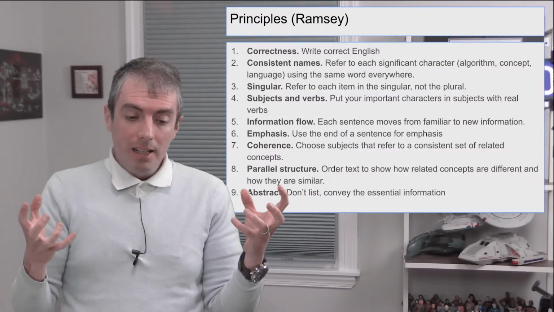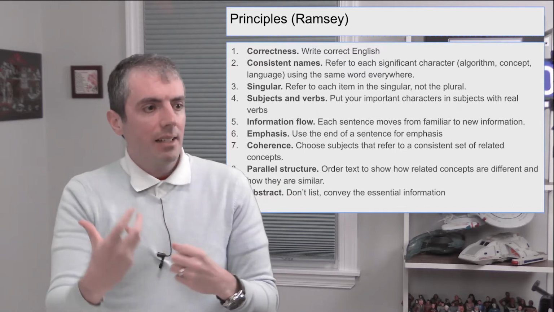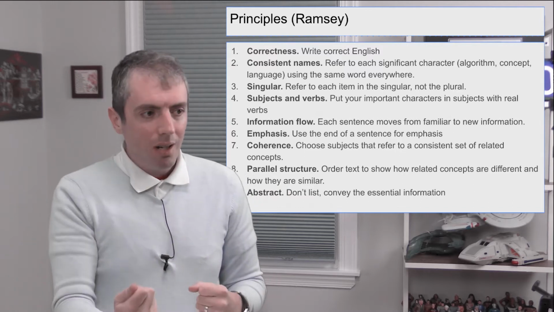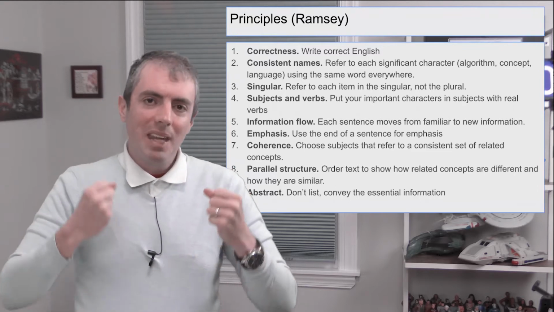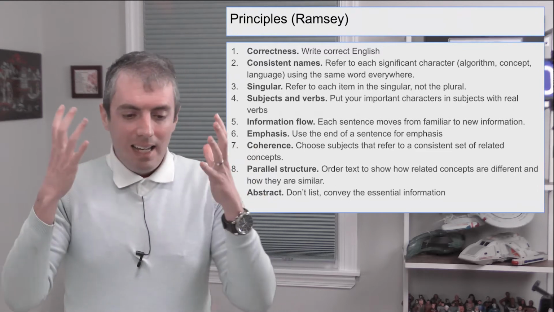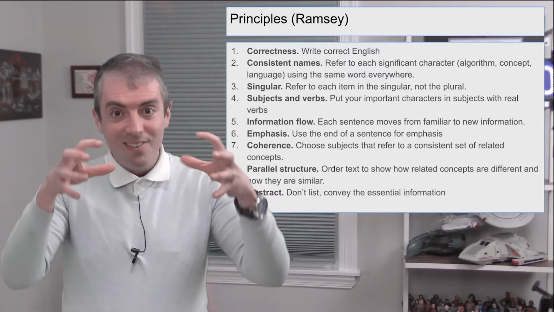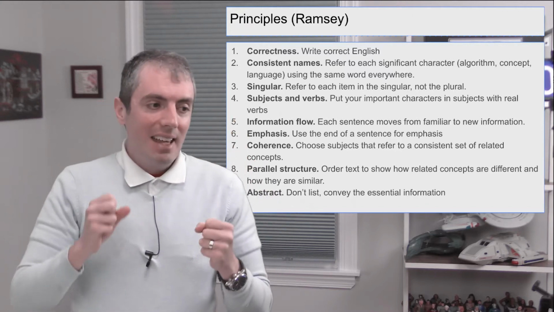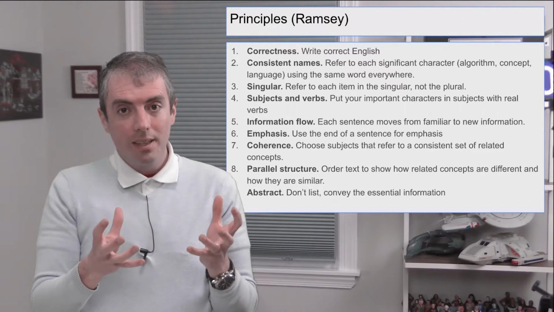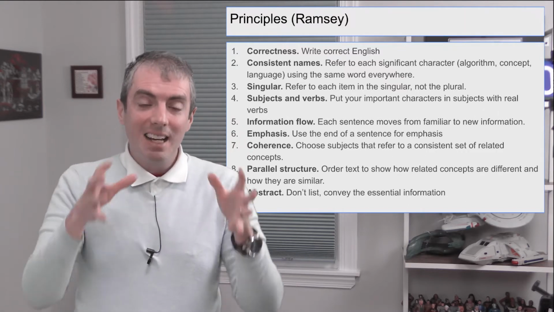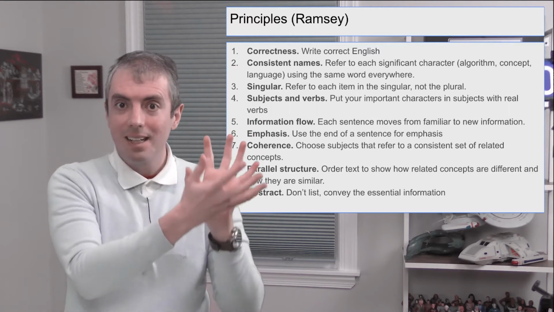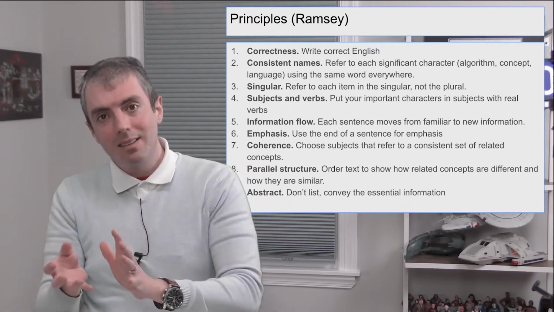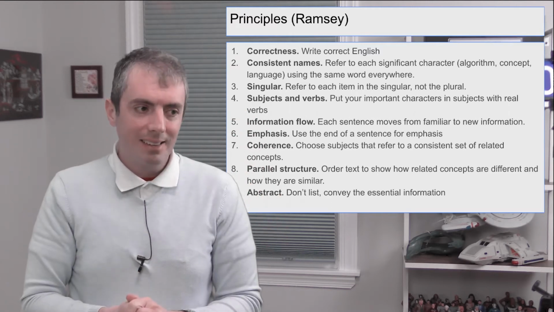Once you have that cast of characters, refer to them as individual actors and use them with strong verbs so that the information flows, so that you can emphasize what's new, and that the ideas in individual units of thought are clear. And once you have structured them, create sections that have parallel structure so that if you use one organizational idea in section 2, that will be reflected in section 3 and section 4 as long as it's necessary.